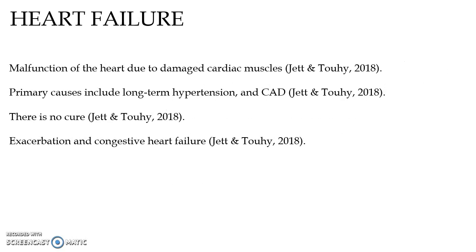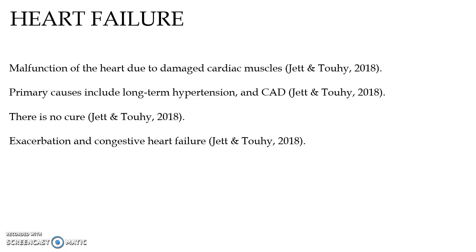So, what is heart failure? It is a disease of the heart, yes, and it is typically characterized by damage or malfunction in the heart muscles, which results in an inadequate supply to meet the body's needs. Now, this damage to the heart muscle can be caused by a number of things, some of which include long-term hypertension, fever, and hypoxia. What basically happens in heart failure is that the tissues are so damaged that the heart is not able to pump as well, and so it's not able to meet our body's need for blood supply. And basically, all that being said simply is just the heart is unable to meet its workload.